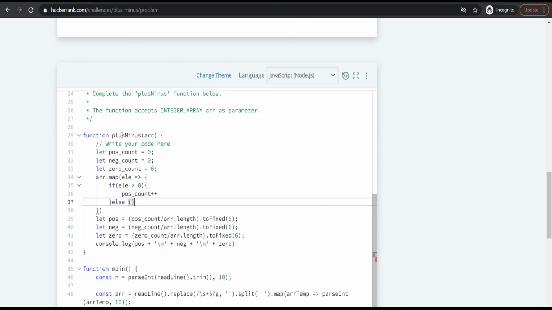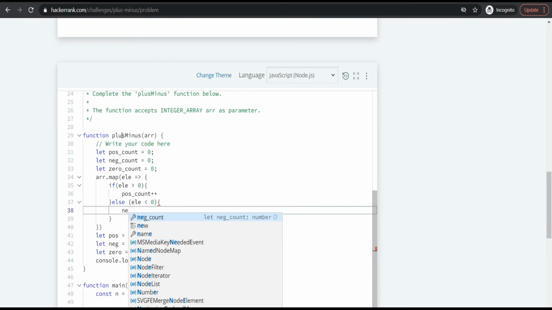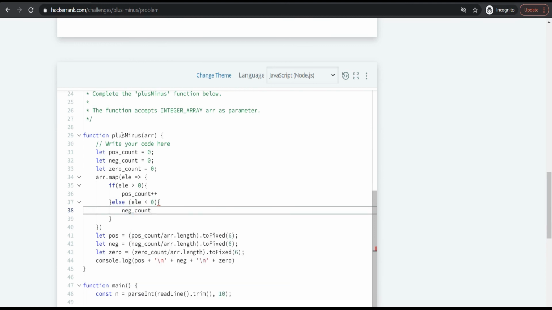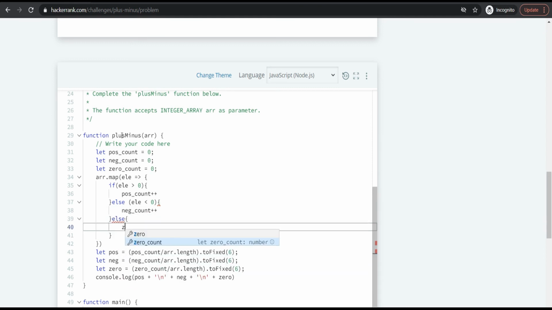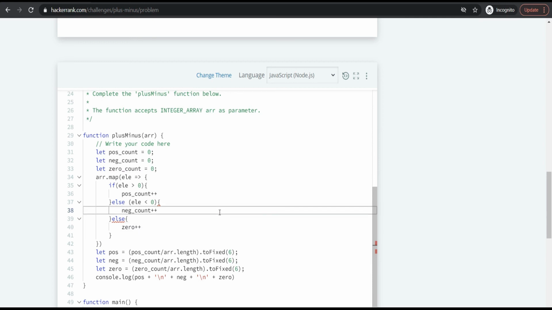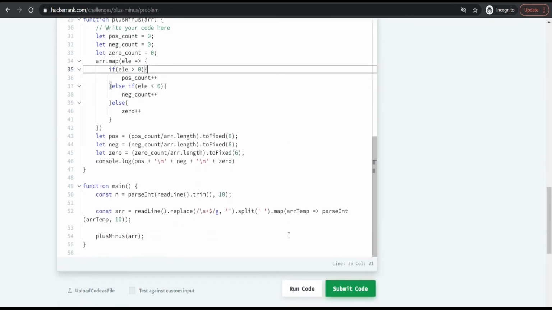Else if the element is less than 0, in that case I'm increasing the negative count. In the else case, I'm increasing the zero count. That's all. The rest of the logic is going to be the same.